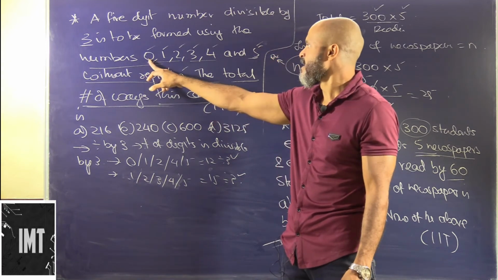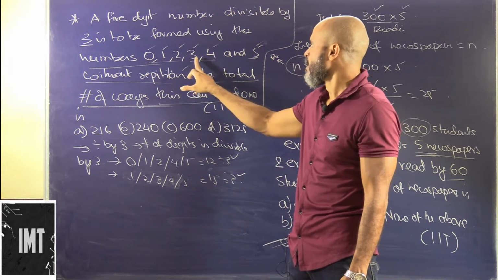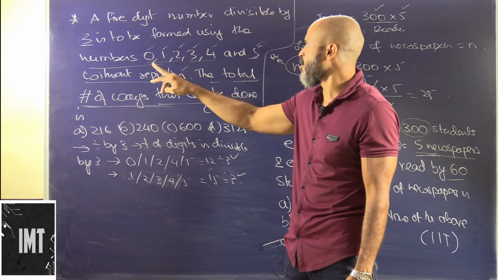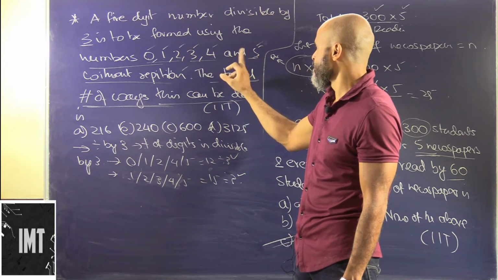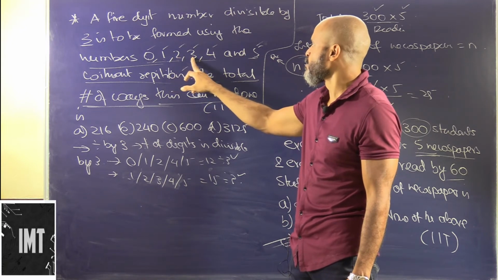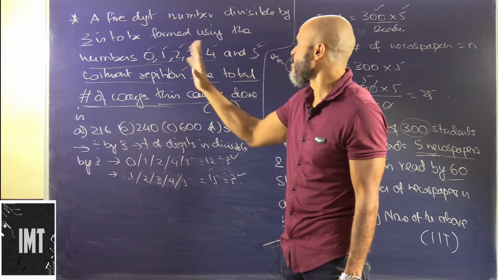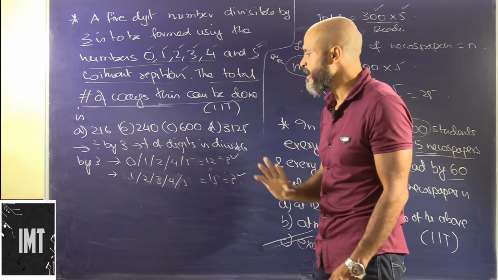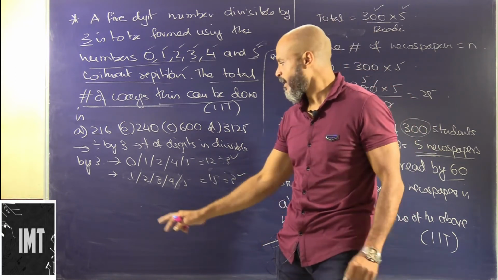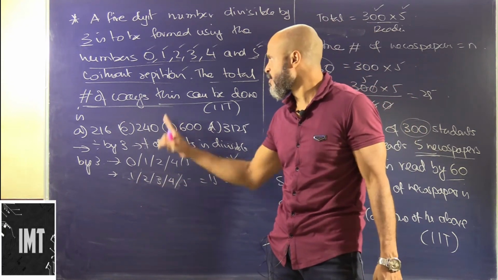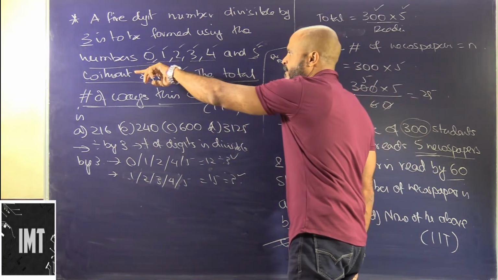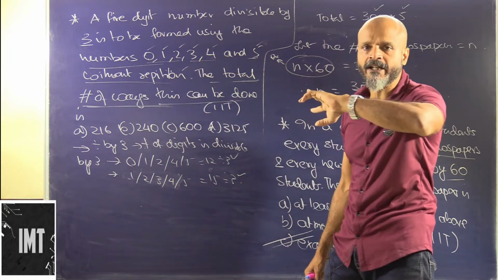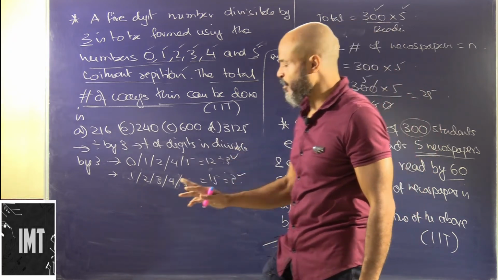Otherwise there are no possible combinations that will give us a number divisible by 3. If we take 0, 1, 2, 3, 4, then 4 plus 3, 7, 8, 9, 10, not divisible. Then we have 1, 2, 3, 4, 5, this is divisible. Then 2, 3, 4 and 0, not possible. So these are the only two combinations: one is getting rid of a 0 and one is getting rid of a 3.